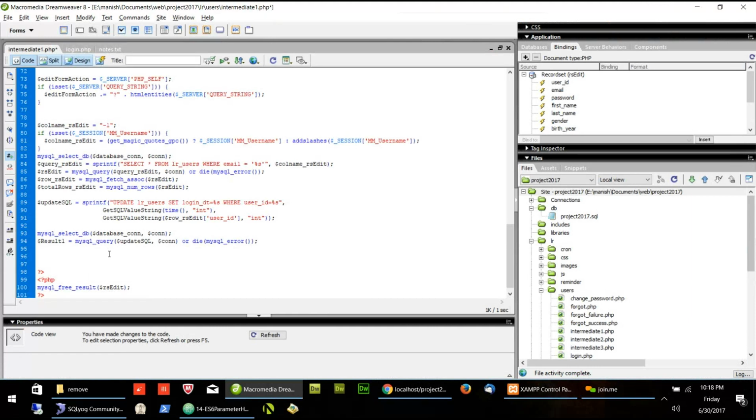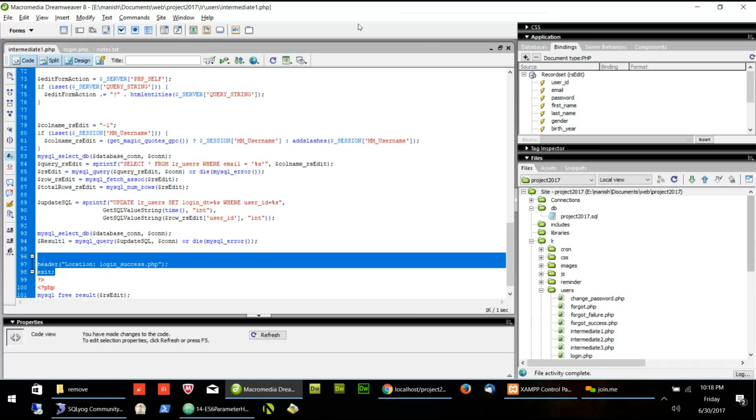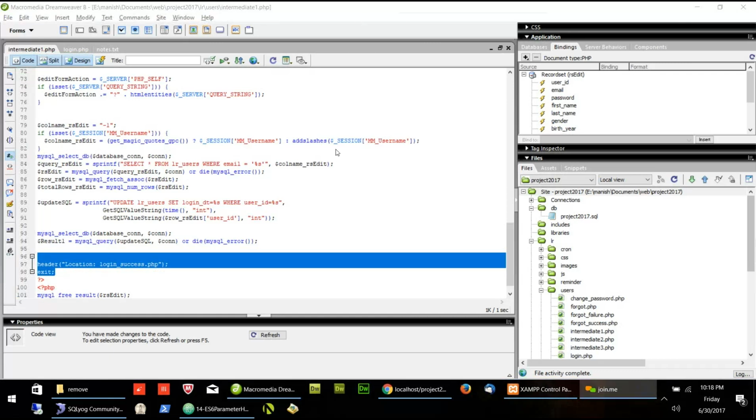So there is one code in PHP which redirects the user to the success page. What is that code? It is called header. In the bracket, we put location and put colon, and we put the file name where we want to send the user to. We want to send it to login success.php. And I will put double quote end, and I will close the bracket, and I will write exit. Exit means don't go further. So these two lines of code I am putting in the chat. These two lines of code help us to send the user from one page to another page.